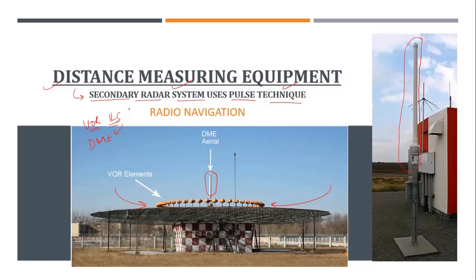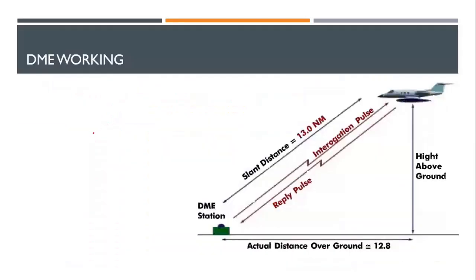Now, if you have understood SSR, that is secondary surveillance radar, then this chapter will be very easy for you. If you've not, then you'll have to consider it more. The concept of SSR, let's go back a little. In yesterday's lecture, we understood that with SSR on the ground, the radar system sends out a signal on a frequency 1. If there's an aircraft in the air, the aircraft will receive it. After a gap of 50 microseconds, it will send the signal back to the station.